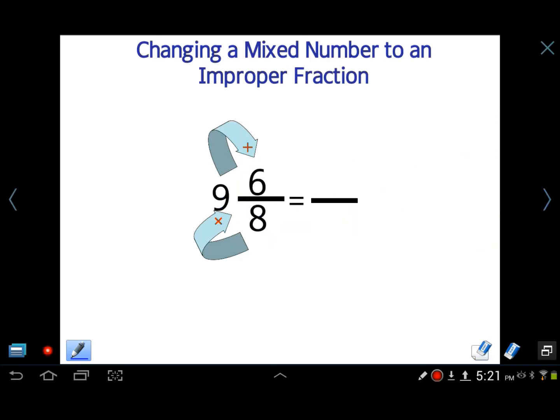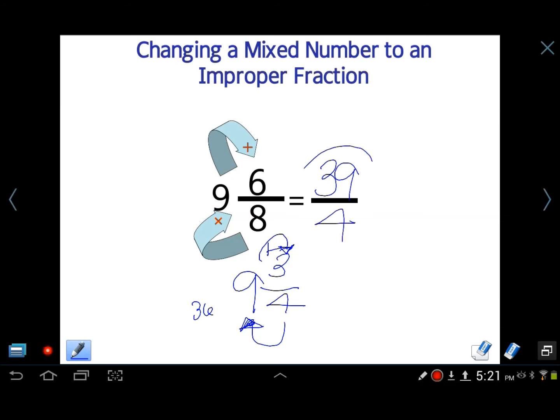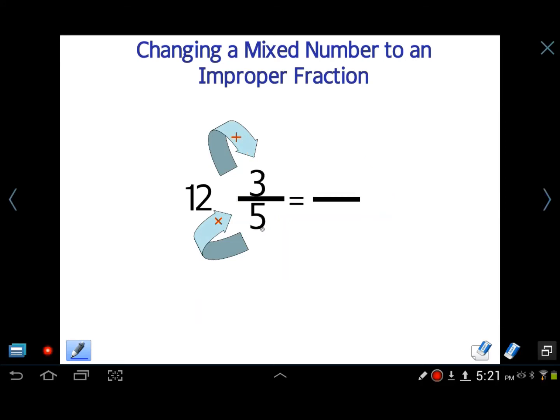Okay, moving right along. Here's another one. Let's reduce this one. 9 and 3/4. 4 times 9 is 36. 36 plus 3 is 39. So 39 fourths. There you go. 39 fourths. Not 39 eighths. We don't have that 8 there anymore. It became 3/4 through reducing. Here's another one. This is 5 times 12. 5 times 12 is 60. 60 plus 3 is 63